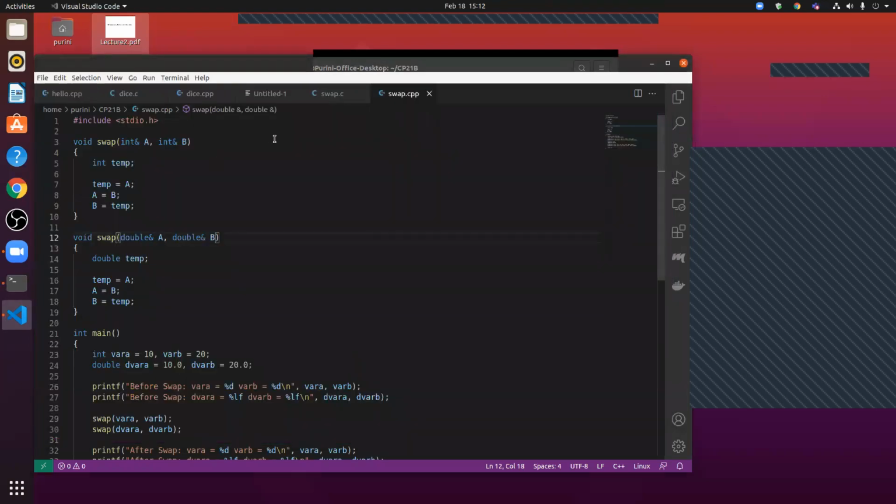This is the most important thing, I cannot emphasize enough. This is the first time you are looking at parameter call by reference, and the compiler figures out how to implement this call by reference.